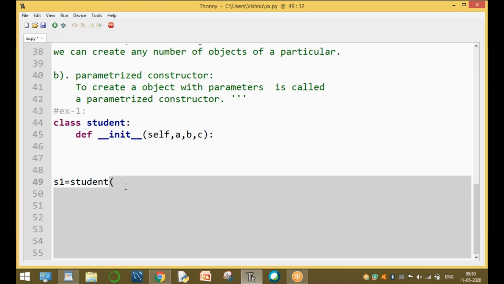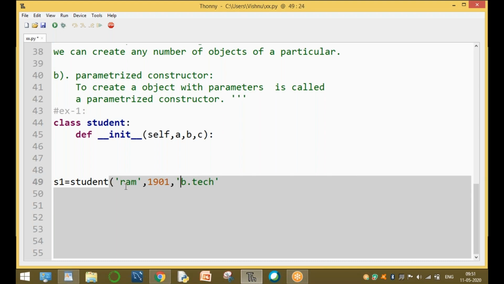The first parameter is the name of the student, for example, Ram. The second one is the roll number, 1901. And the third one is the course, BTech. C is for course.